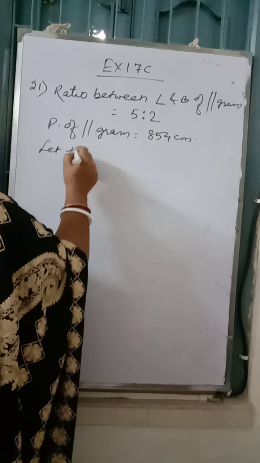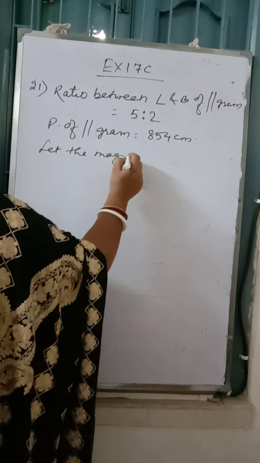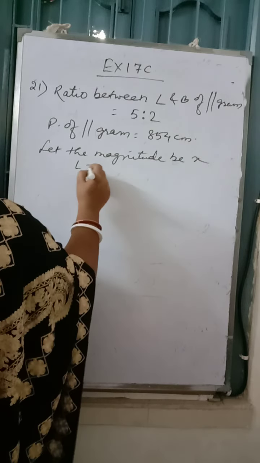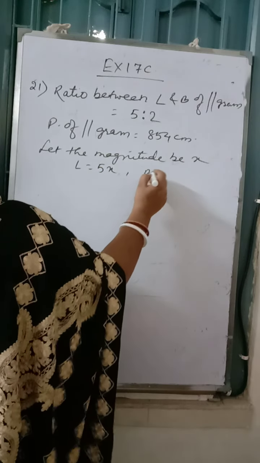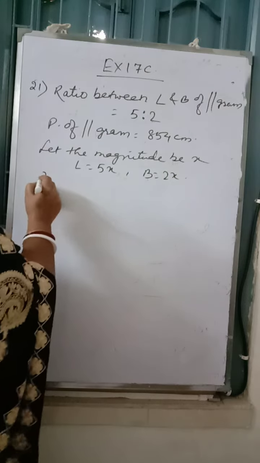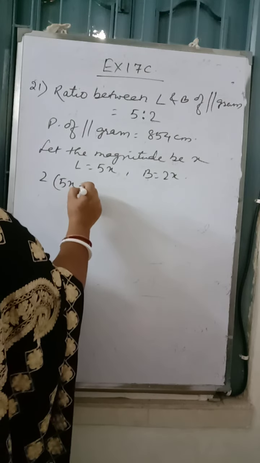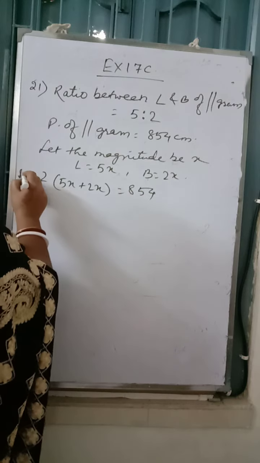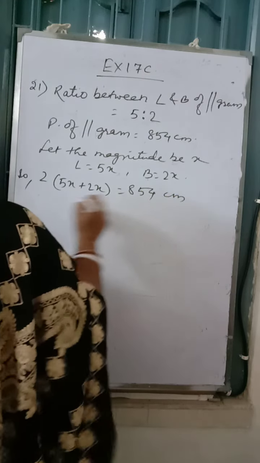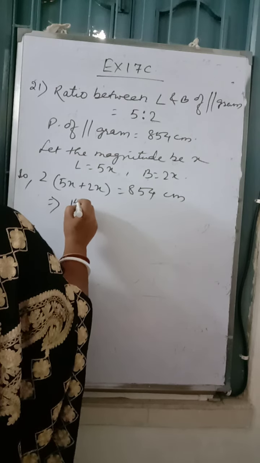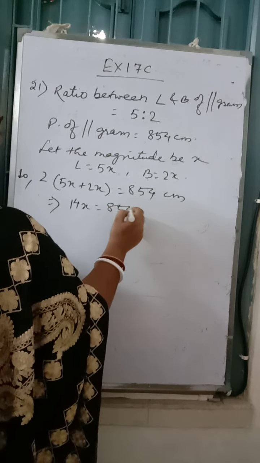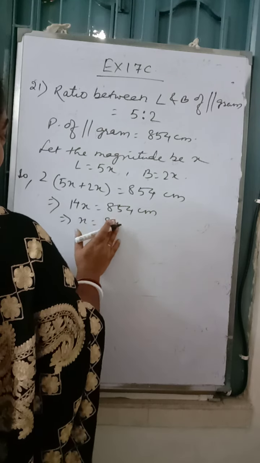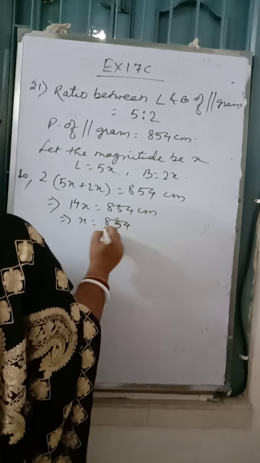Let the magnitude be x. So length would be 5x and breadth would be 2x. So 2 into (L plus B) is equal to perimeter, we know. So 14x is equal to 854 centimeter, or x is equal to 854 by 14,